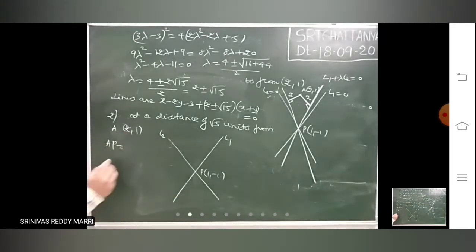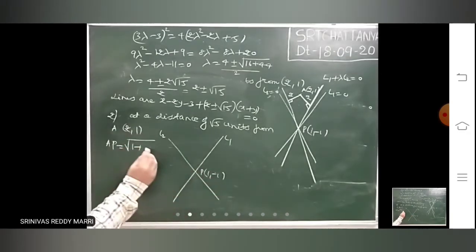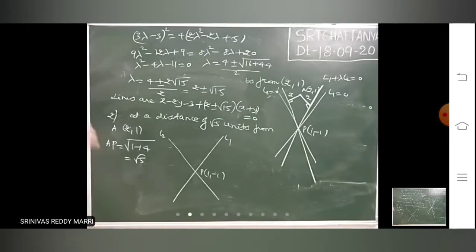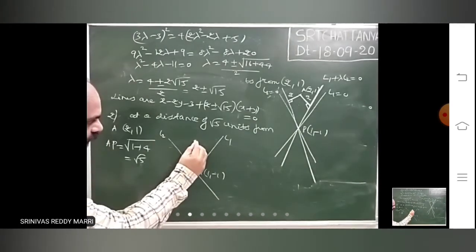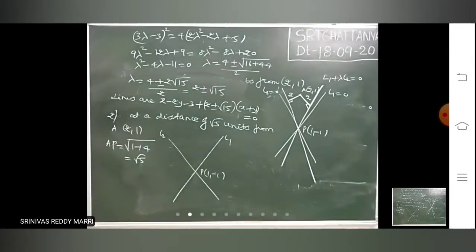First find this: equal to root of (2 minus 1) whole square plus 4, which is 1 plus 4, so √5. So you want a line that is at a distance of √5 units